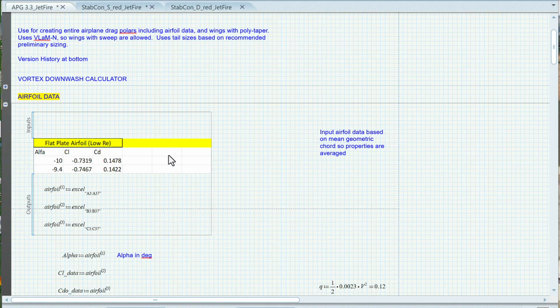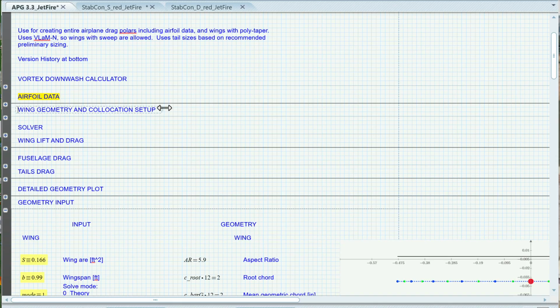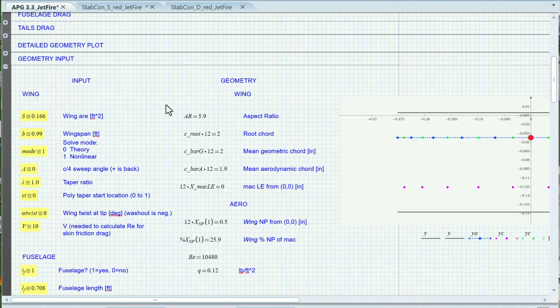So this is the airfoil data that you're going to be using on your glider. Incidentally, whenever you see anything in yellow, that means to me that's an input, and wherever you see anything in green, that's an emphasized output. Okay. Well, this is actually something you don't need to change anymore. I've got that input already done for you. Okay, so you can come down here